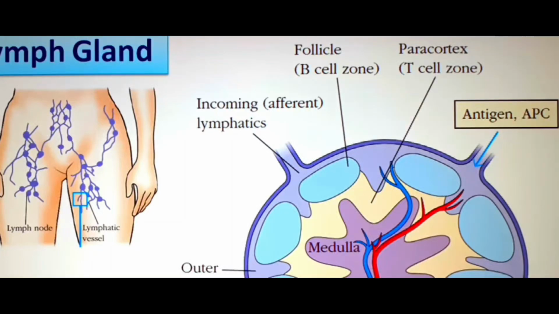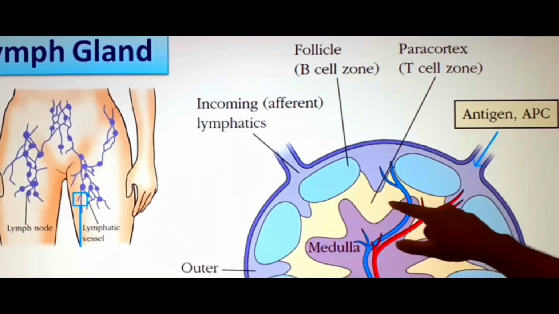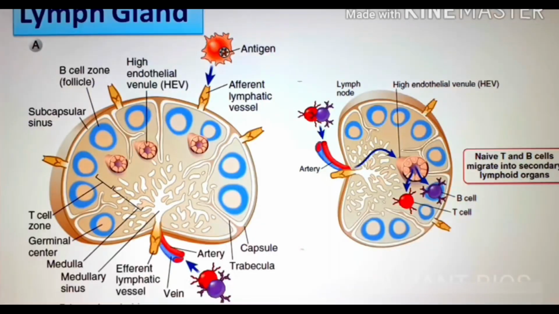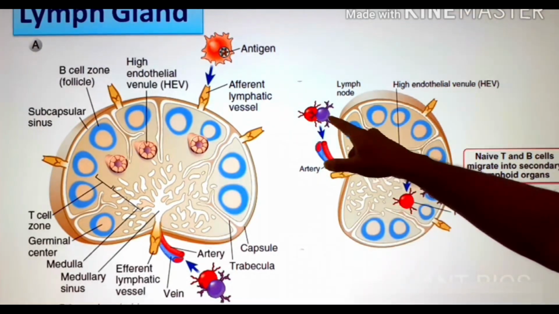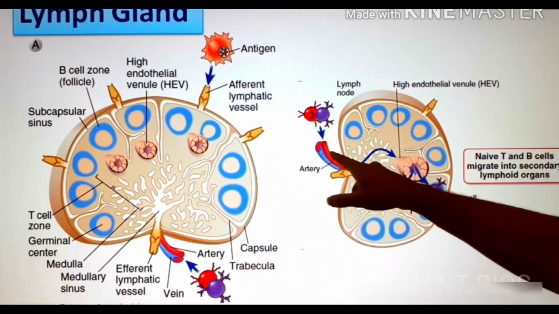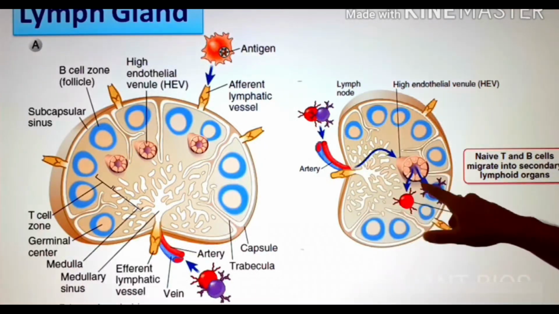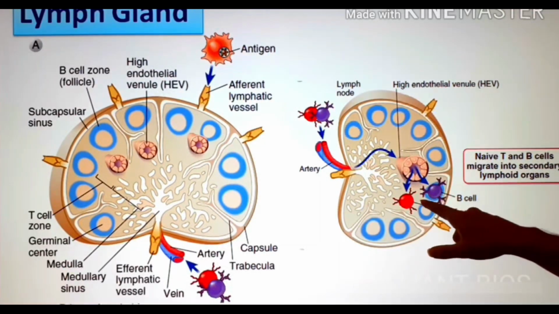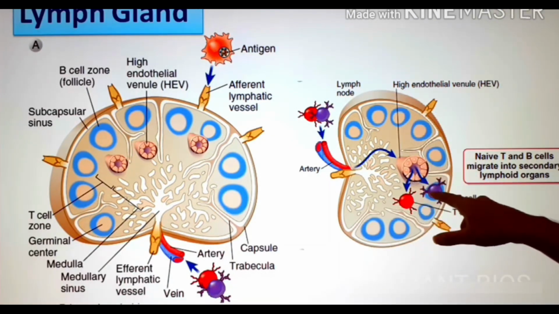So like the thymus, this lymph gland also contains cortex and medulla, but the outer cortex contains follicle for the B cell and a paracortex region for T cell. So there is an interesting fact, both B cell and T cell can enter through this artery, but they position in different locations. B cell goes to the follicle and T cell goes to the paracortex. What is the reason behind this segregation? The answer is